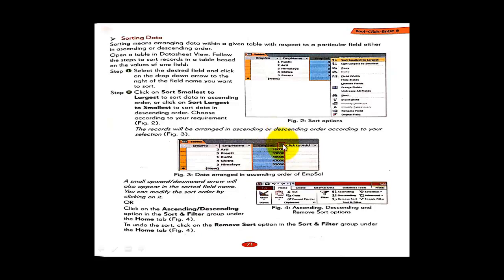Then you can modify it either to ascending or descending, or you can go to the home tab here and go to the sort and filter group. From the sort and filter group, you can choose ascending or descending, or if you want to remove the sort, you can just click remove sort here. Okay,